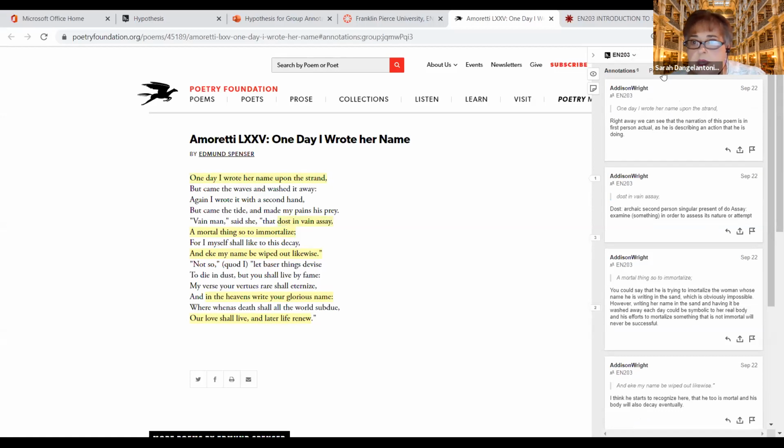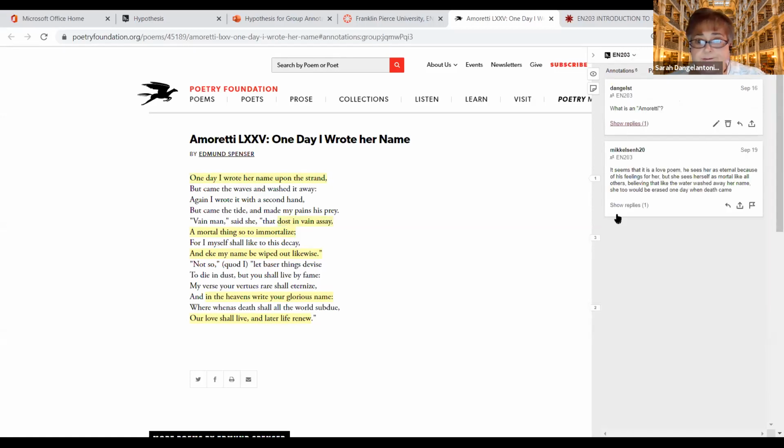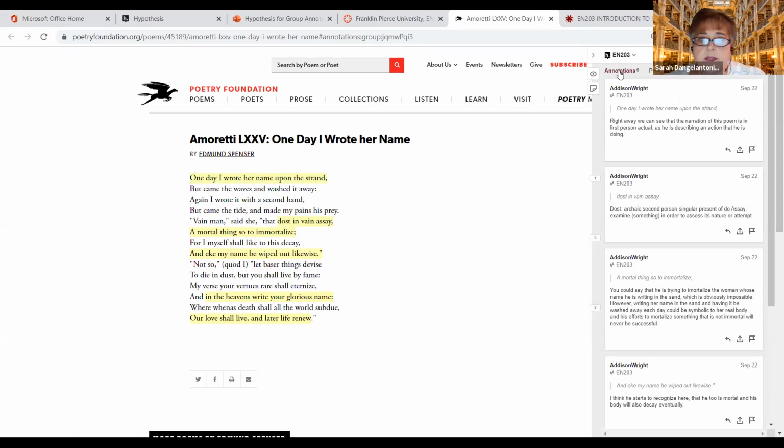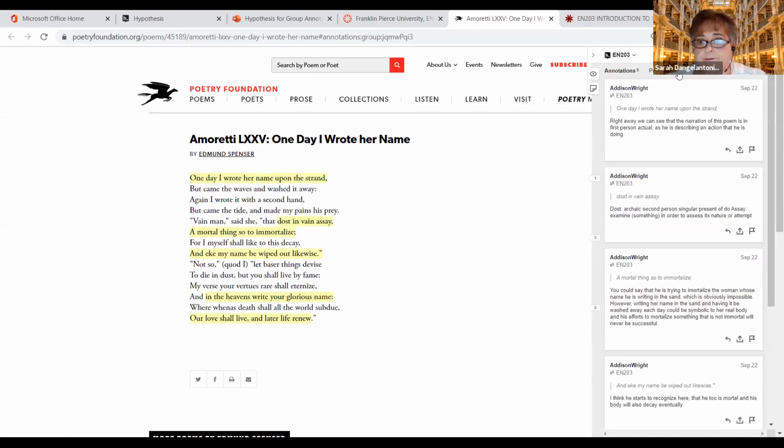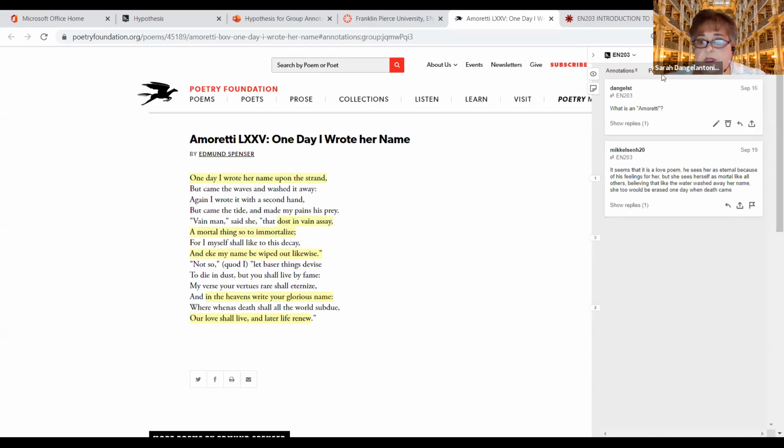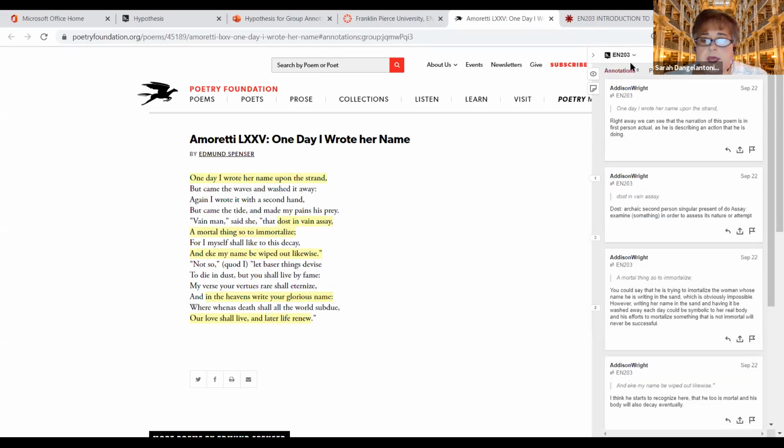And I began by sort of seeding the discussion to get them started, and then asked them as part of the class assignment to read the poem so that we could talk about it, but to also add annotations to the poem. And so you can see that a number of my students have gone on in to do that. And the same thing with page notes. And this is what it looks like when you open it up. You'll see over here to the right that this allows you to see the highlights. You can turn those off if you want.